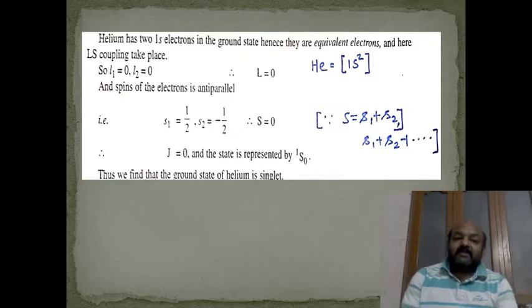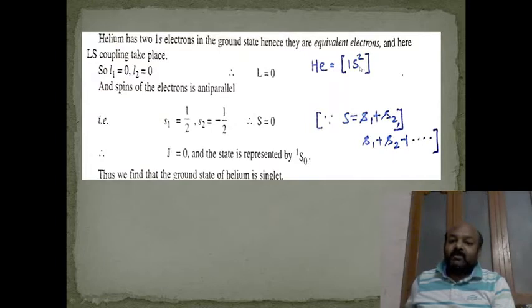So when we apply the LS coupling scheme, both the electrons are in the S state, then small l for both the electrons: for the first electron it is 0, for the second electron it is 0. So capital L is calculated by L1 plus L2, and we subsequently go on decreasing L1 plus L2 by 1. That is, L1 plus L2, then L1 plus L2 minus 1, then minus 2, and so on. So here we get only one value, 0 plus 0 is 0. So the capital L value comes out to be 0.